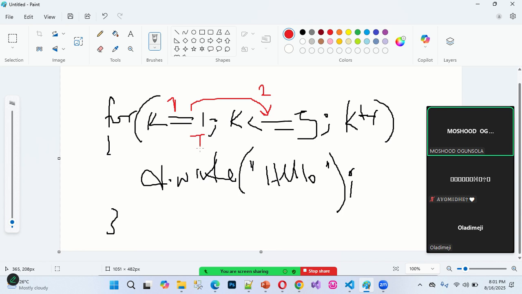Once this is true, do you get it now? The computer will jump to step 3. Step 3 is to execute the instruction that follows step 2. The instruction that follows step 2 is the code that follows the for loop. The system goes to execute it because k less than or equal to 5 remains true. So after implementing step 3, the system will now jump to the